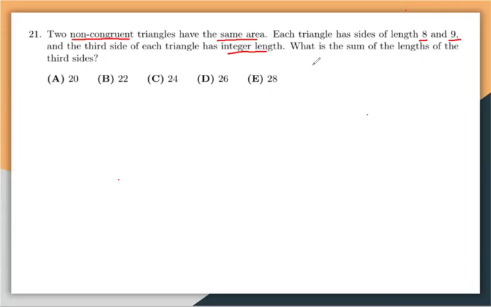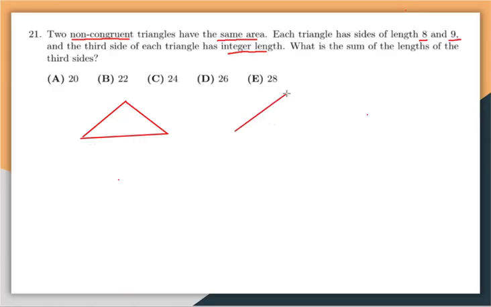Okay, the question is kind of clear, but let's see what we can do. We have two different triangles, and we do not know the third side. But it's actually something where we look for the law of cosines, because imagine there is a triangle,